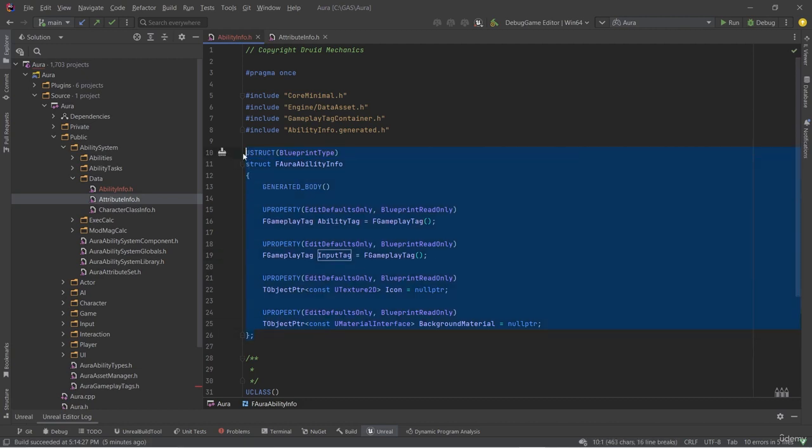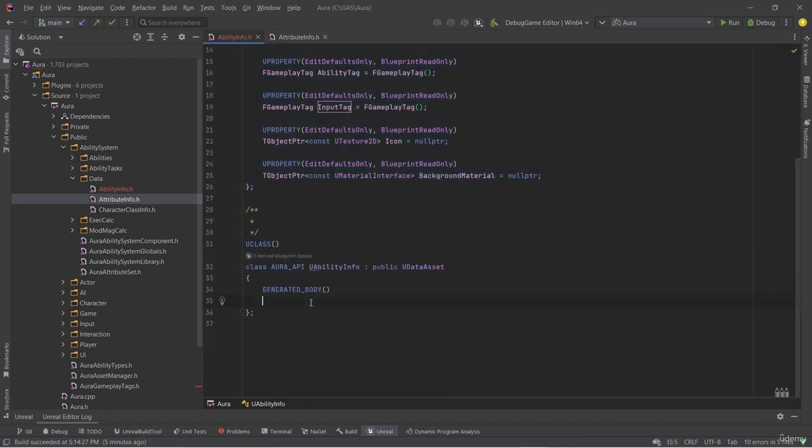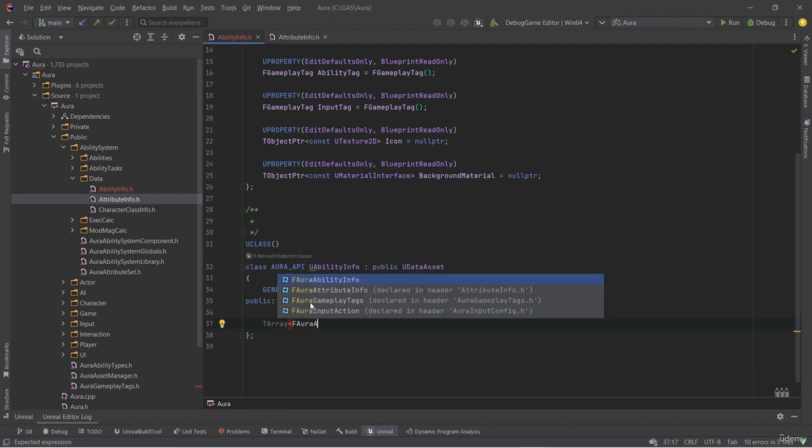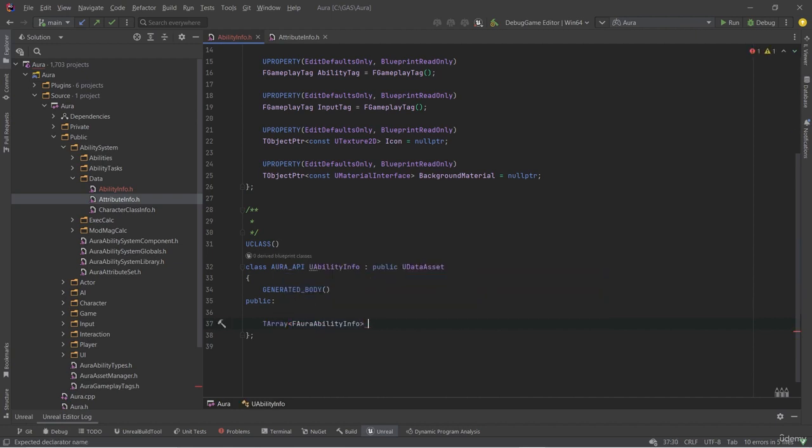And now that we have the FAuraAbilityInfo, we can create a public section in the class and make a TArray of these. So TArray of FAuraAbilityInfo structs, and this will be called AbilityInformation. And this will also get a UPROPERTY, and I'm basically going to give it the same exact UPROPERTY. The only difference is we could put a category here,